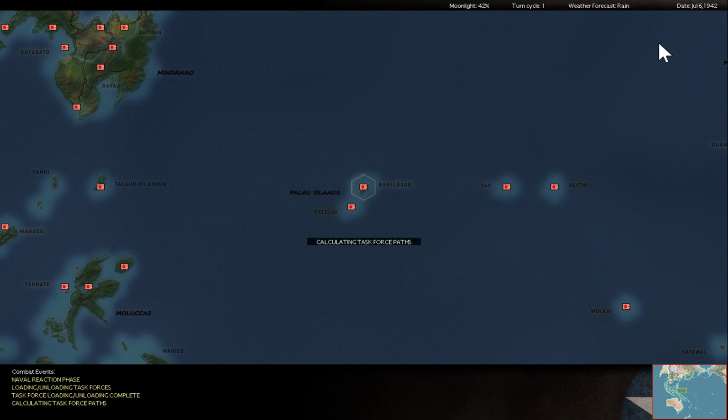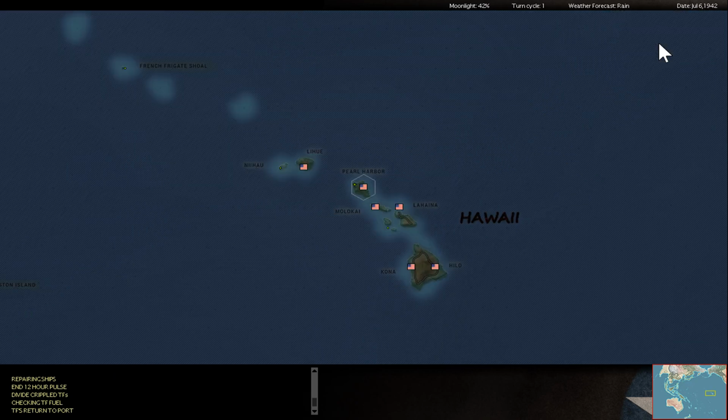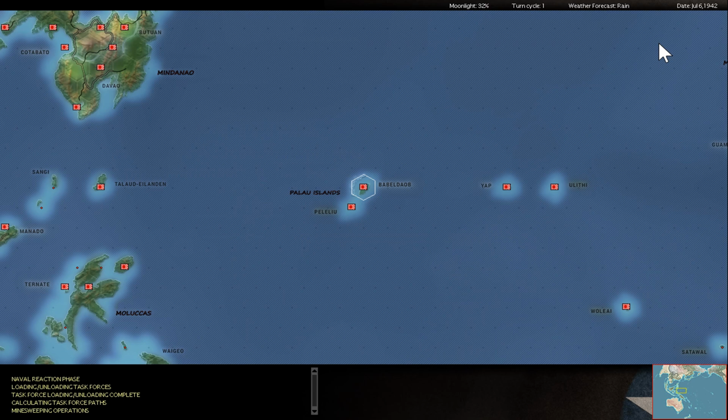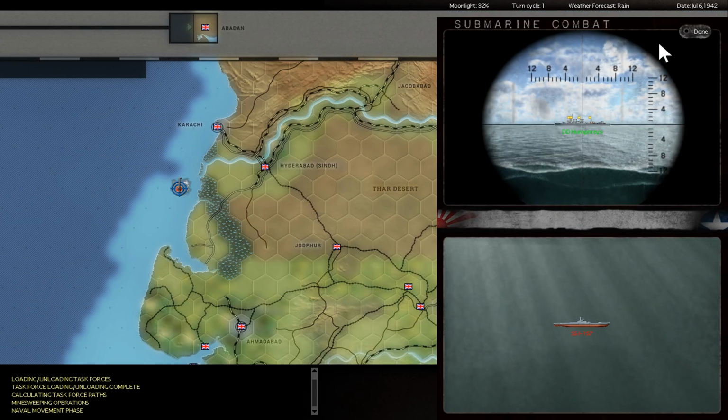6th of July 42, and the first week of the month was not really too active. No gain, no loss for both of us, I think. I sunk maybe or damaged some submarines, but also lost some of my Nell and Betty sub-hunters. So this is a